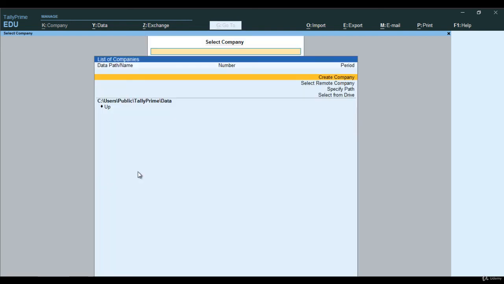Now the educational version does have all the features, you need not worry. The only difference is the changing of date. In the educational version you can give a date of the 1st, 2nd, and 30th or 31st of any month. You can't use any other date apart from this. That's the only difference. All the features will remain as they are.